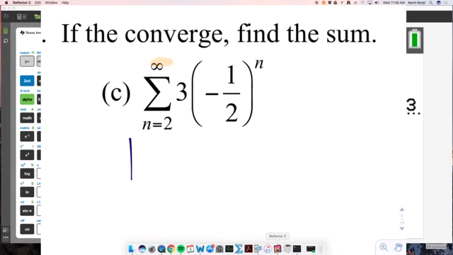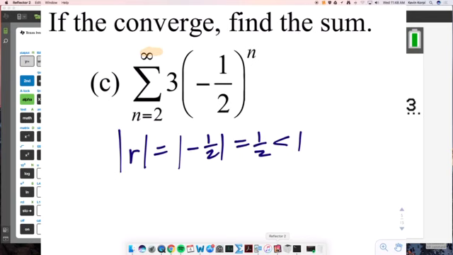Converge. So here's what you would say. The absolute value of r is equal to the absolute value of a negative 1/2, which is positive 1/2, which is less than 1. So if this were a function of x again, for all real numbers, it would not exist. Okay? But because we're talking about positive integer values of n, we can have powers of negative numbers. So the series converges